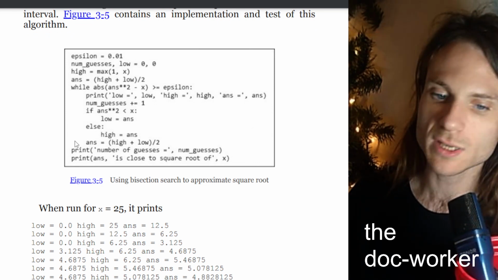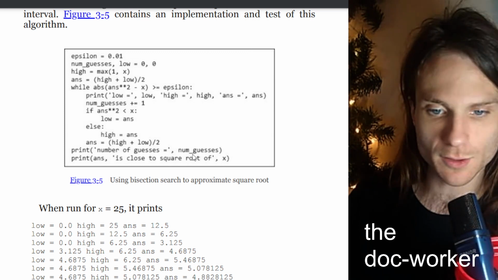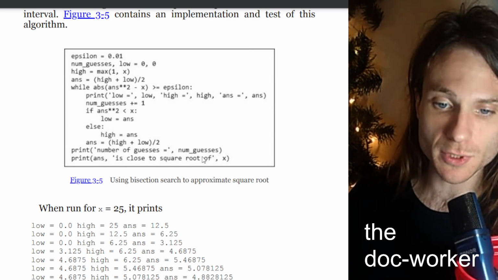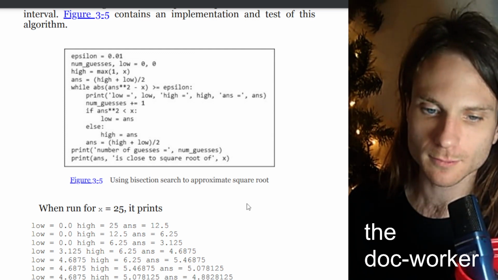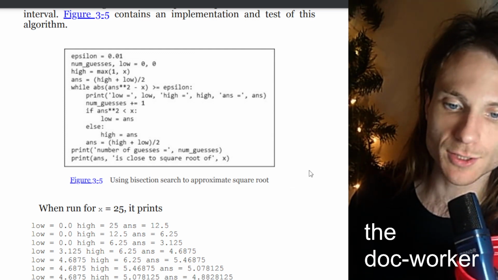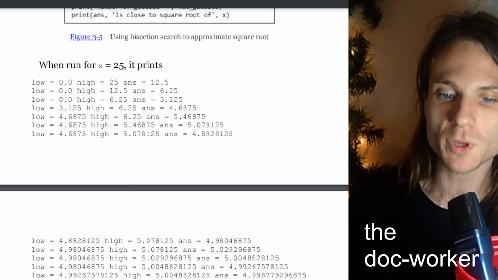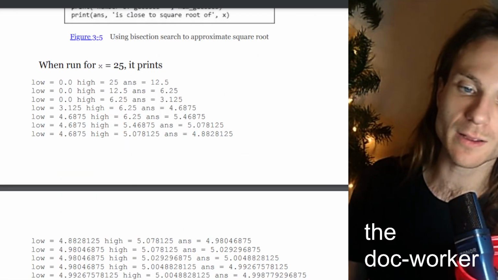Finally, print the number of guesses followed by the variable num_guesses. Print variable ans followed by "is close to square root of" followed by x. This is using bisection search to approximate square root. When run for x equals 25, it prints